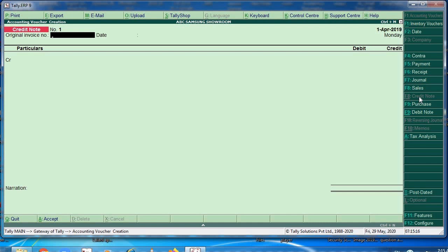Then we have debit note voucher. For that I have to press Ctrl F9. You can see over here my debit note voucher. It is one of the most used types of voucher in Tally ERP 9 that is used for managing purchase return. With the help of this, an accountant can generate a debit note for invoicing as well as a voucher. Like the credit note voucher in Tally, debit note too can easily be configured by pressing F11 and configuring it manually, that we had seen.